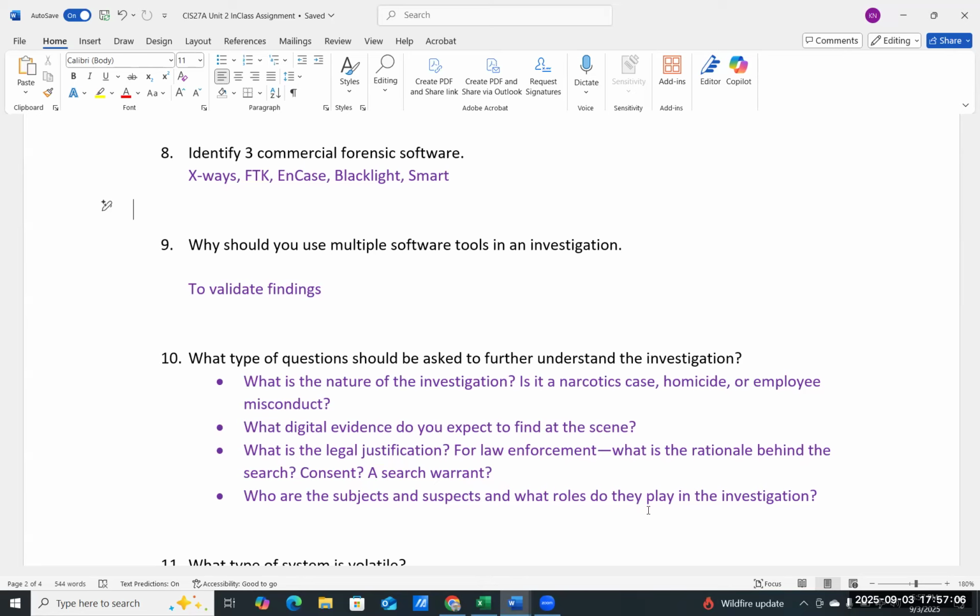Second, what digital evidence do you expect to find? We talked about this when we talked about data earlier, right? So what kind of data, what kind of artifacts are you going to acquire? Is it images? Is it text messages? Is it email? Is it browsing history? In a murder case, I'm sure you've watched documentaries or crime TV, and they always talk about how people use the computer search engine to search for murder weapons, like chemicals,